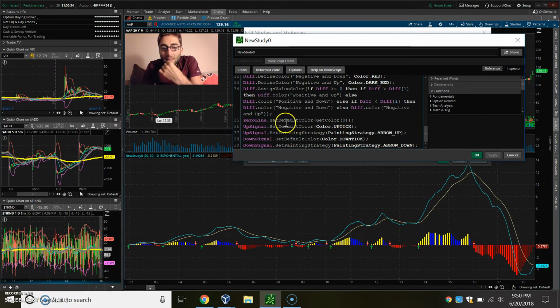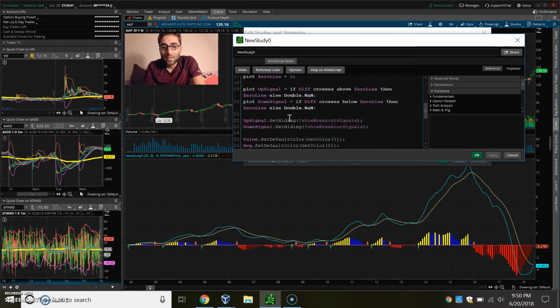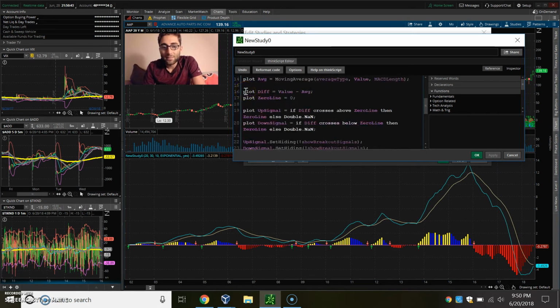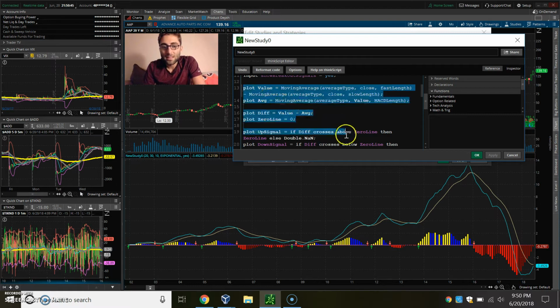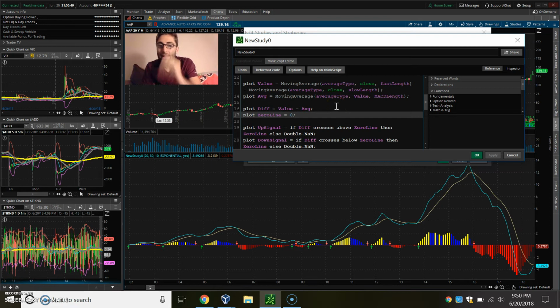So this is still color. So this looks like it's all colored down here. So that shouldn't be too hard. Right here is the plots. So all of this is how the MACD is plotted. And this is where it can be fun, and this is where you can manipulate it to do what you want. So I don't really want to get into all of this, but the plot difference and all that,